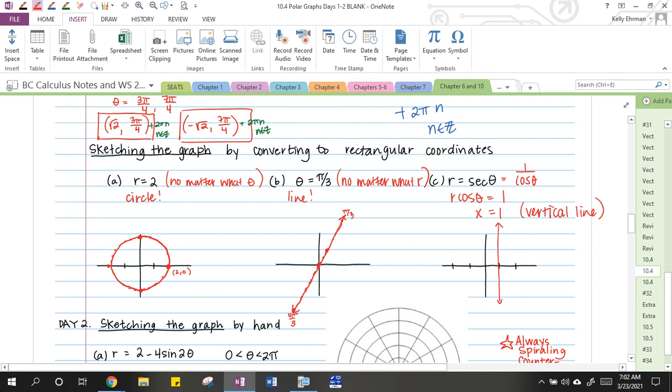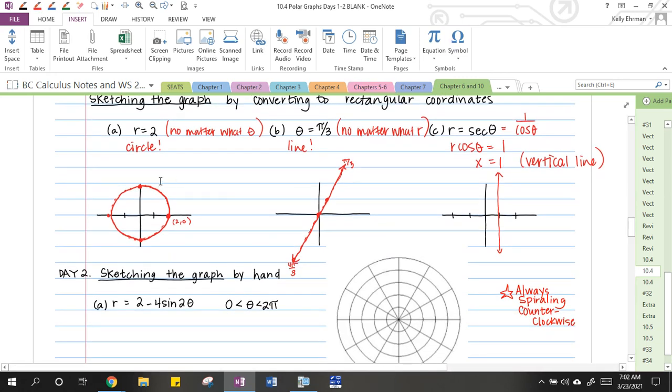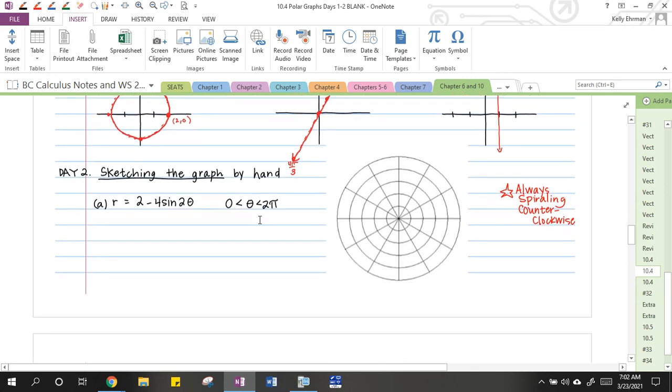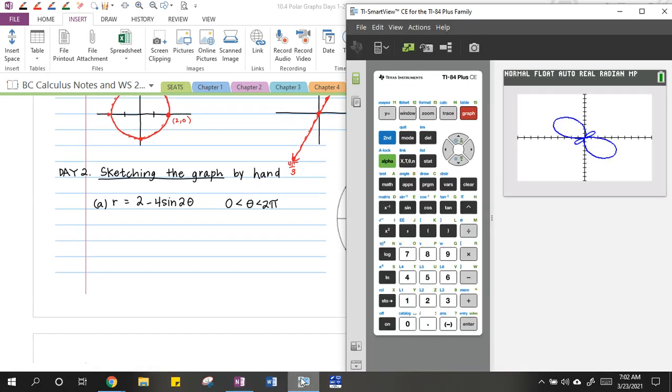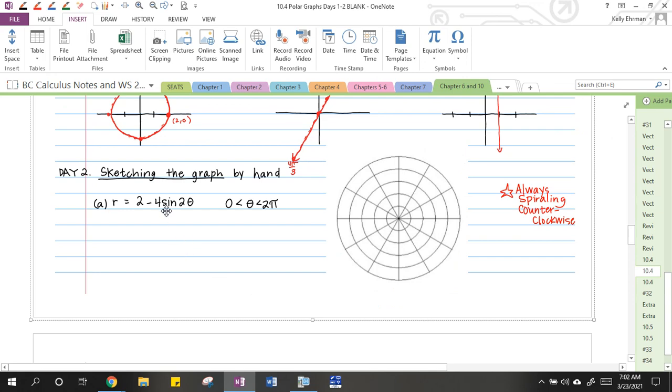So that's kind of cool. If that would have said r equals cosecant theta, then I would have had r sine theta. That would have been y equals 1. So that would have been a horizontal line. So kind of some interesting things. Again, to be honest, we don't do a lot with just this. You will see like r equals something. You will get just straight circles on the AP test, but not as many lines, but just kind of an interesting thing to know. Tomorrow, we're going to learn how to sketch this graph that we saw in our graphing calculator. We're going to figure out how to do that